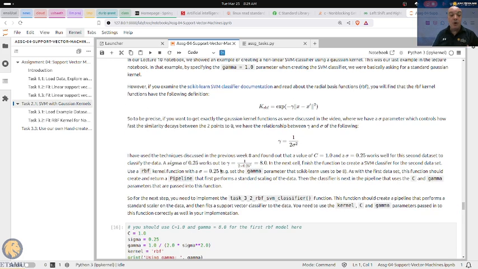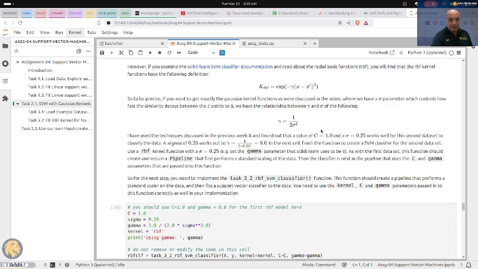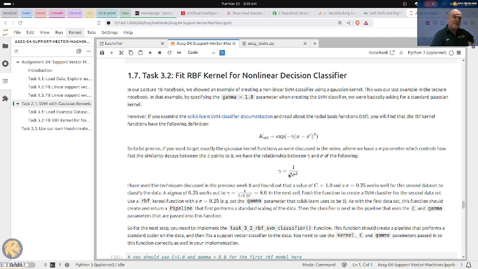So we walk you through doing it using scikit-learn and using a Gaussian kernel, and the main point of the last part of this is to demonstrate that what you really are using is that Gaussian kernel. So the Gaussian kernel that you create by hand, if you follow this correctly,